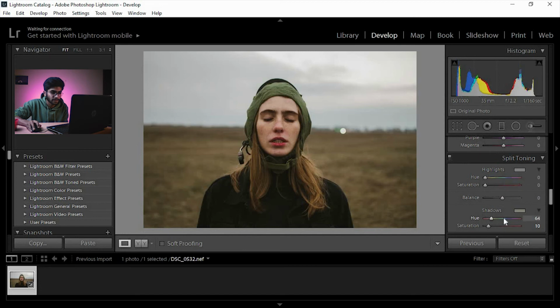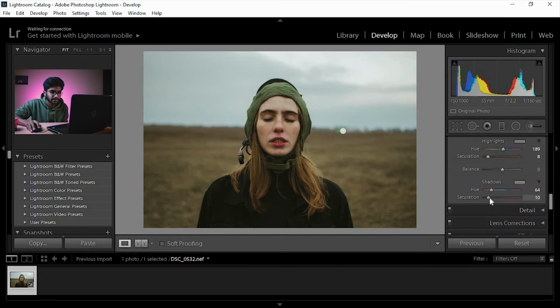You can go for blue also, that is also looking good, but for this tutorial we are going to go for yellow. And then in your highlights you can see we are changing. So as our sky is blue, let's keep it in blue because that's what our highlight is, and decrease its saturation to 8 I guess, and let's decrease our shadow also to 6. Let's keep it at 8. Fine.